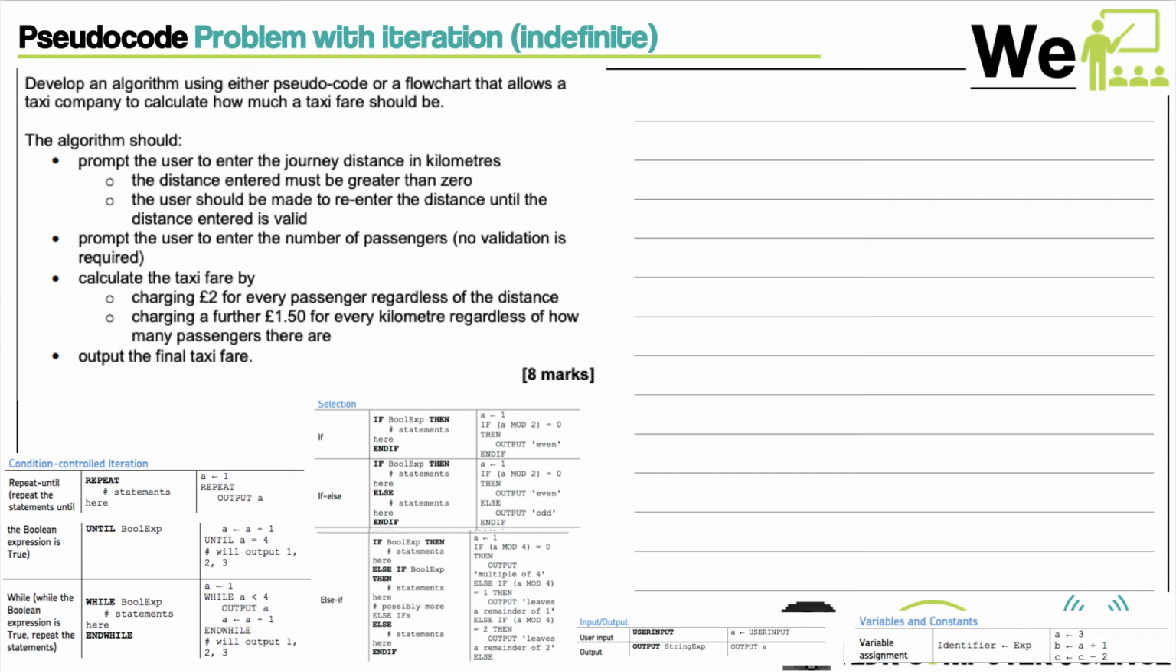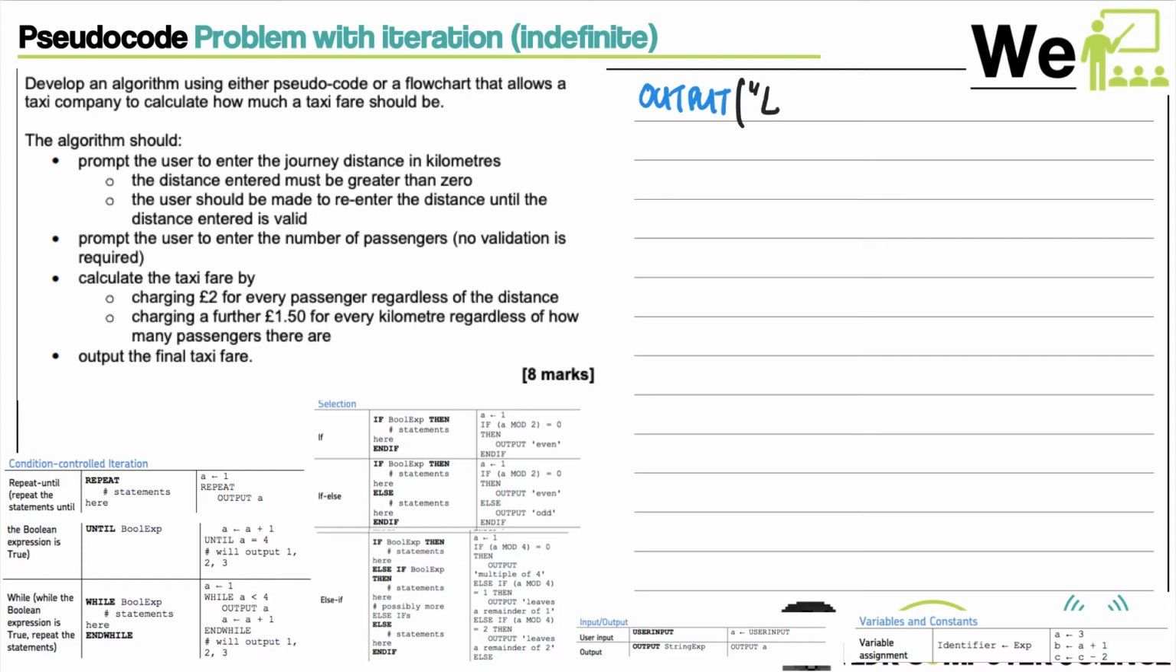So last time it was ice creams, this time it's a taxi fare. And again, very helpfully, they've broken it down for us. Prompt the user to enter the journey distance in kilometers. So I should actually prompt, I keep writing print, maybe output's the right thing to say. I'm marking this, right? So if you put output or you put print, I know what you mean. So output,